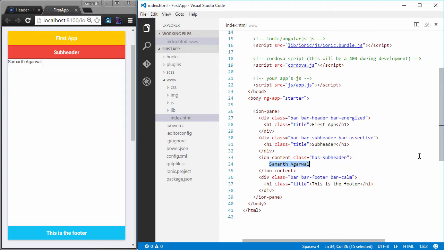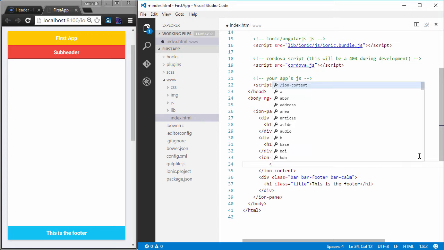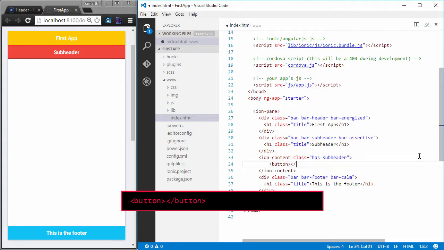So I'll just remove my name from here and I'll save it. And as soon as I save the application, you can see that my name is gone from the preview as well. Now we are going to use Ionic buttons. All I have to do is use a button tag and close the button tag. This is a simple HTML button. But in order to make this button an Ionic button, I have to apply a class, and the class name is button. If I want to display any text on the button, which we have to most of the times, then I'll just add that text right here.